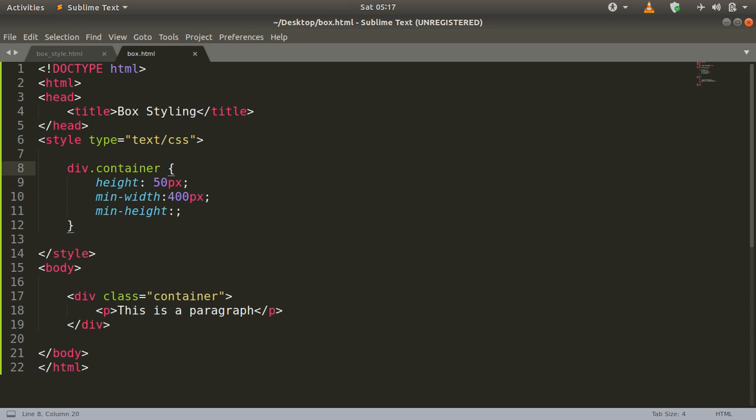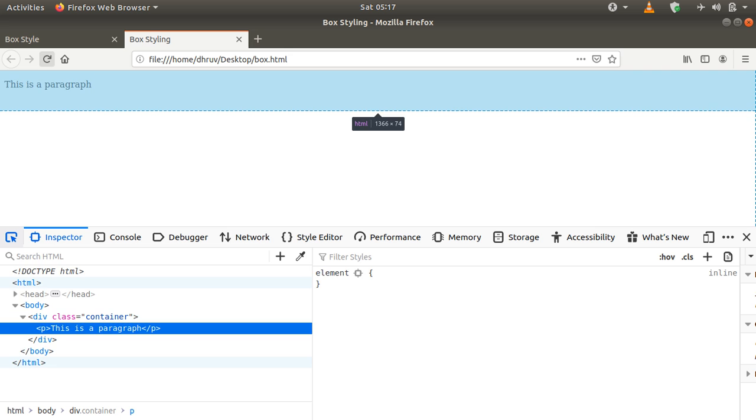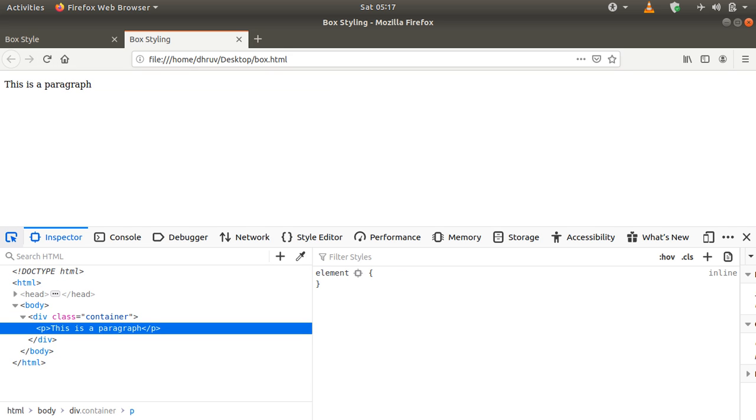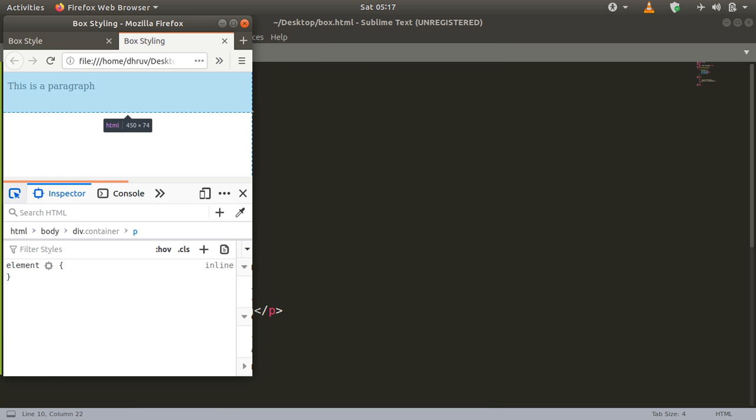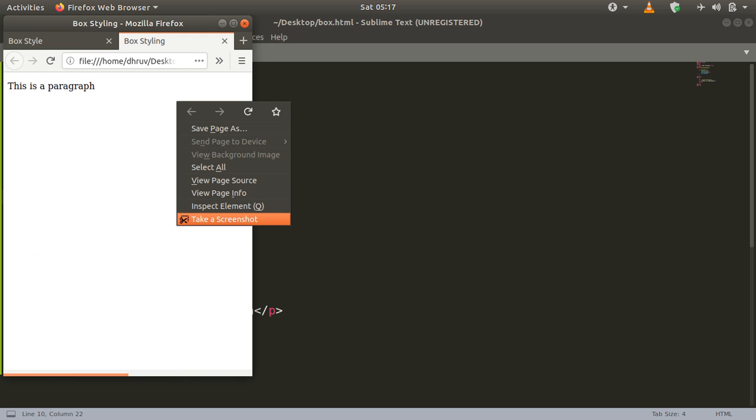Then it is going to reduce up to a certain extent. So let us say we want it to be 800 pixels and not less than that. So let me just refresh the page and change the size of it. So now you can see that the box here continues.